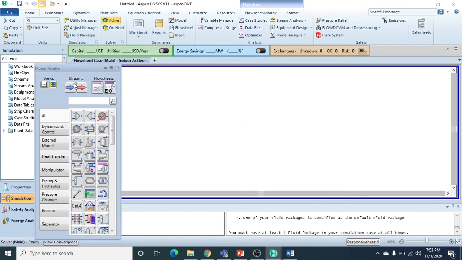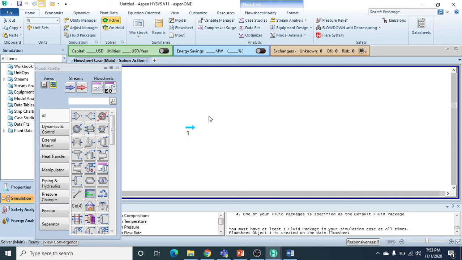We have two kinds of streams, energy streams and material streams. So let's add the material stream. When we click on the material stream, we just simply click once on the material stream and leave the mouse still. Then click anywhere, so our material stream will be added. Like I will click again. So here we have added our material stream.